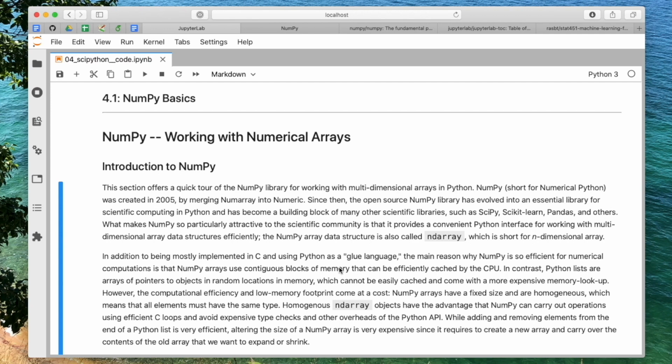And that allows things like caching. The CPU has an L2 cache, and it can buffer certain values in the cache and make access much faster. In a Python list, everything is a pointer to a memory location where the object is stored.